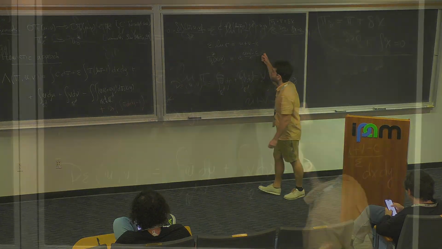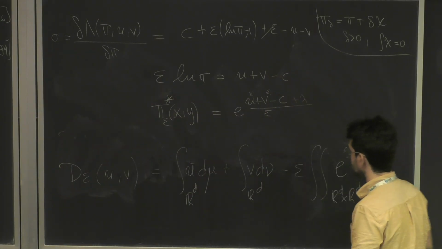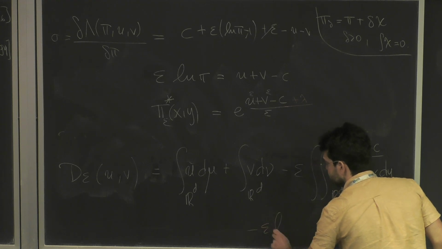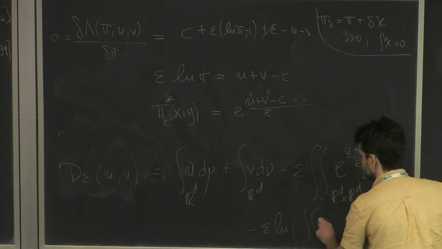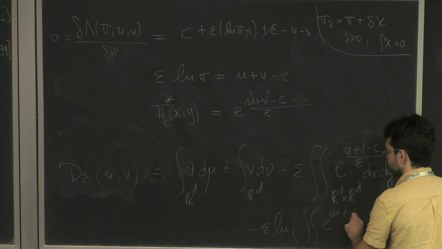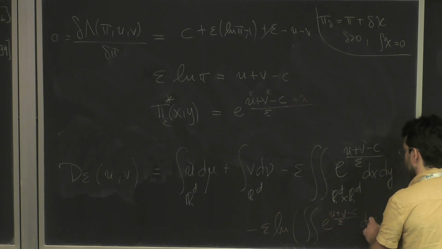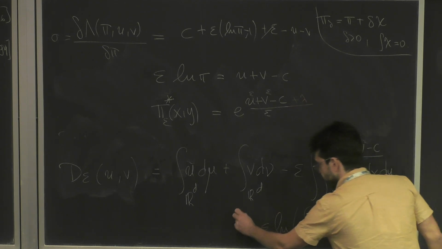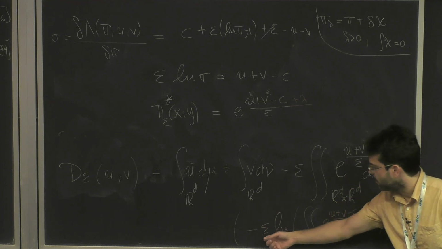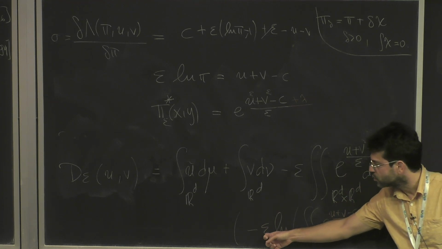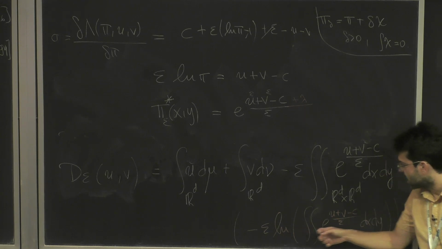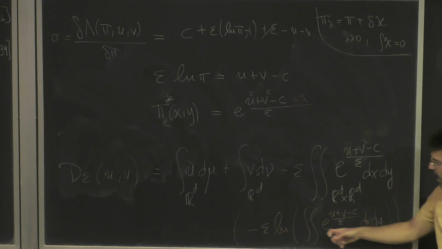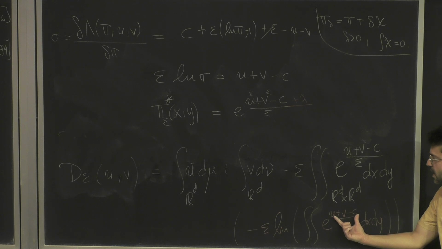But when I choose the pi that makes this a probability distribution, I get a dual with a log. For computational reasons, or also if you want to take a look at large deviations, this scale makes a lot of sense, because when epsilon goes to 0, you can see this has a soft arg min, and when epsilon goes to 0, you get precisely what would be the dual problem in the non-regularized case.